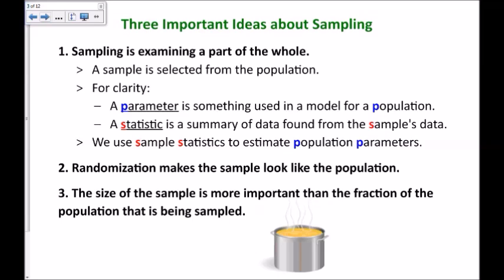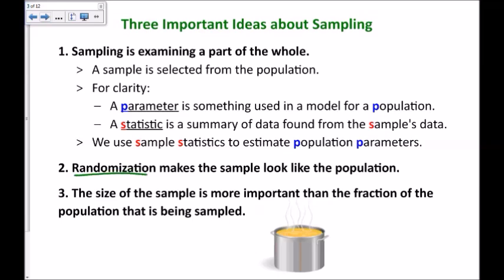Now, the way to remember that is that parameter and population both start with P, and a parameter describes the population. Statistic and sample both start with S, and the statistic comes from the sample's data. Okay, number 2,